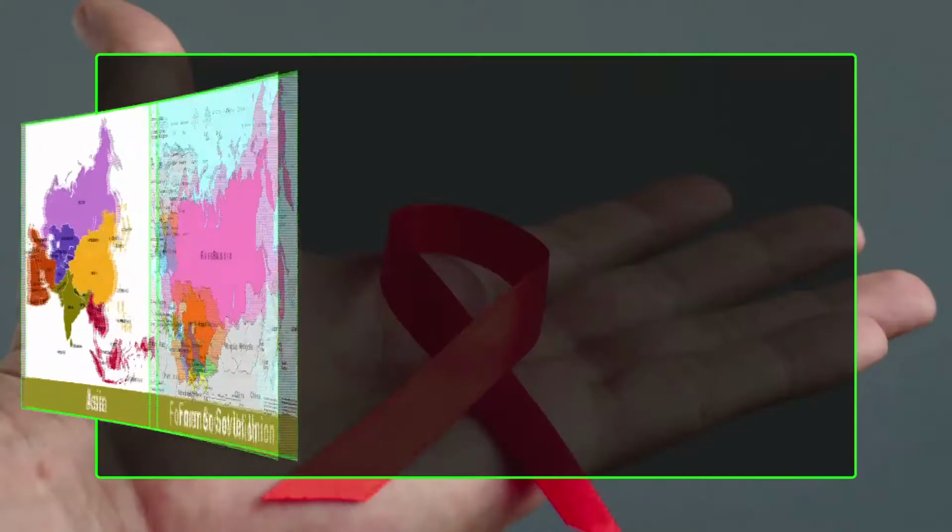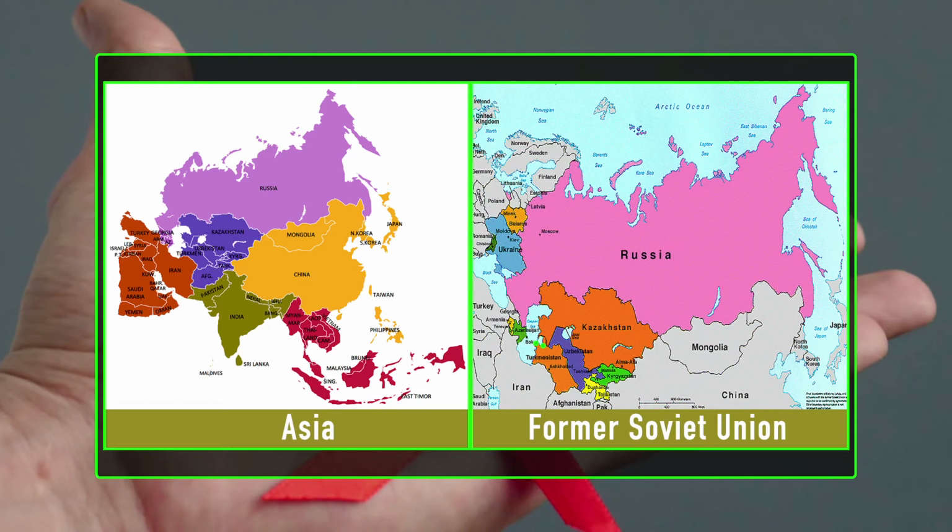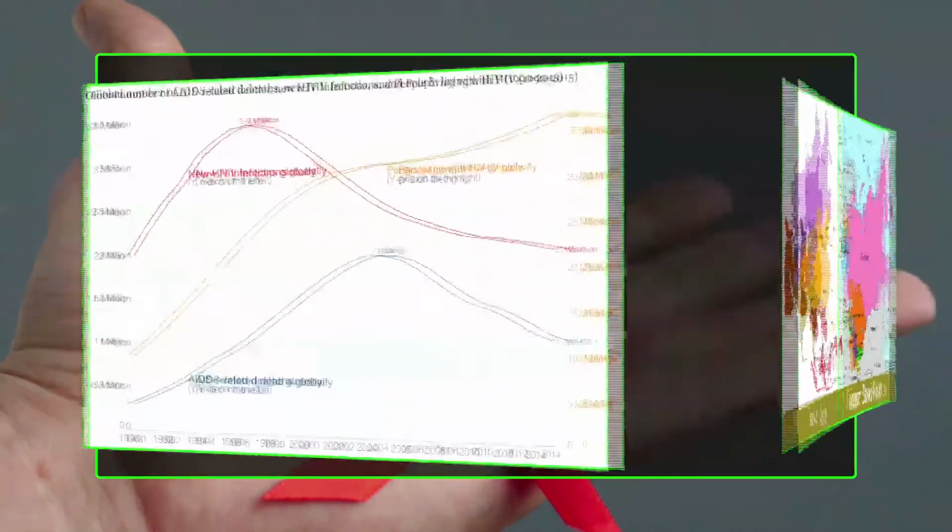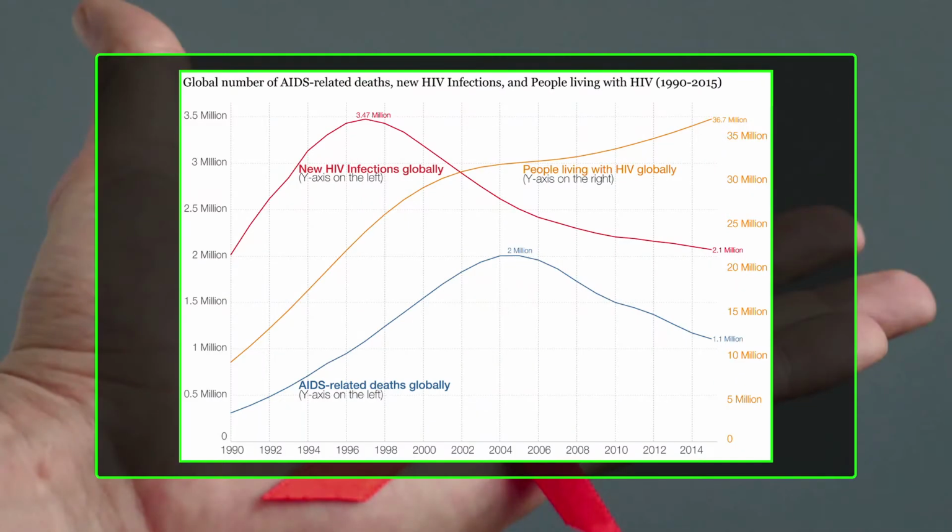The second decade of AIDS was marked by further intensification of the epidemic in other areas of the world. The southern cone of Africa experienced an explosive HIV epidemic. Asia and the former Soviet Union, or USSR, also noted a marked increase in the spread of HIV. However, by the mid-90s, with the discovery of highly active antiretroviral therapies, or ARTs, fatalities in the developed world started